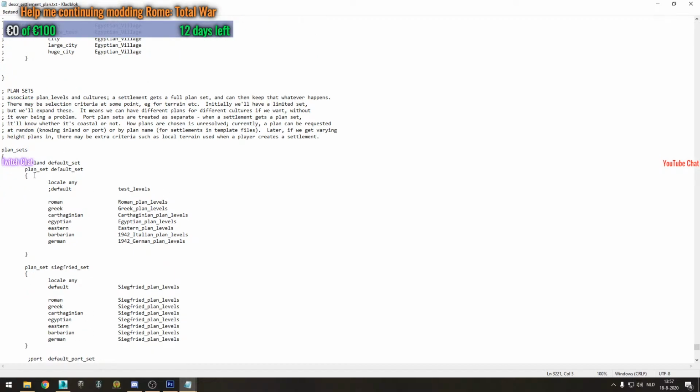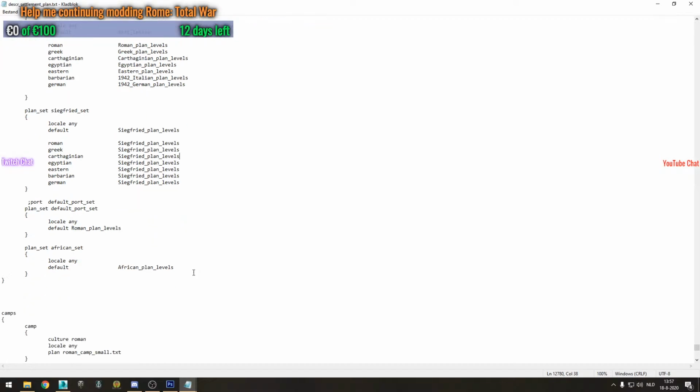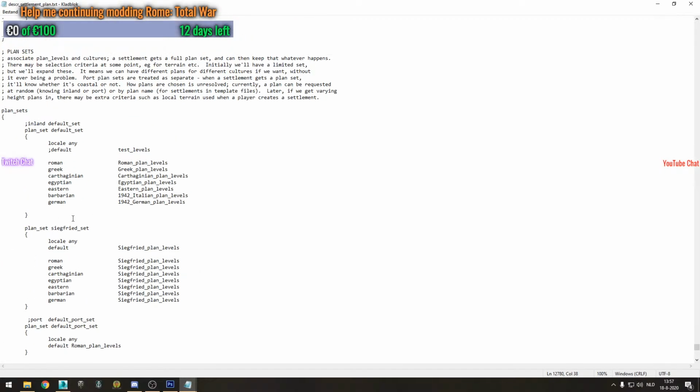And here we have the plan sets. If you have a default set, this is also defined in your descr_strat for each settlement. It just loads the default plan levels. As you can see, I have a secret set as well, which loads for every culture this plan level with the dragon teeth wall. You can create a lot of sets yourself, but